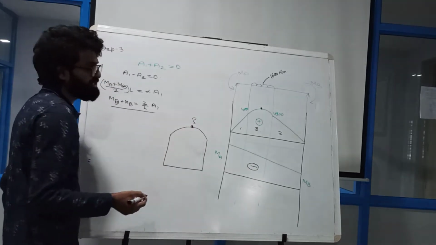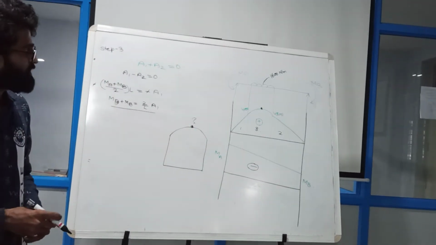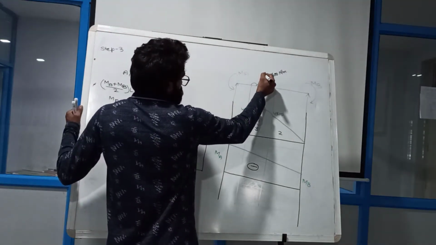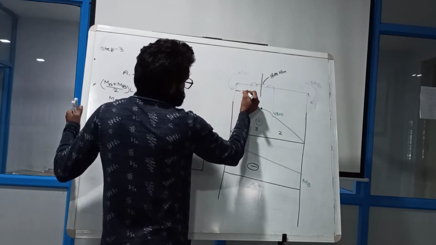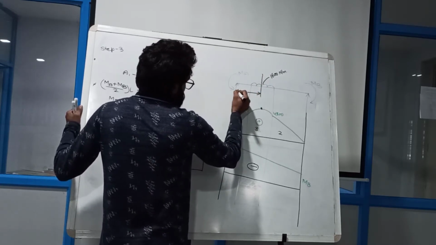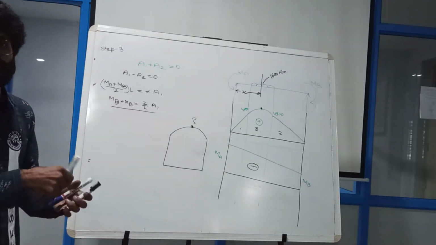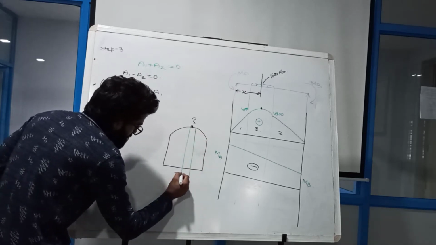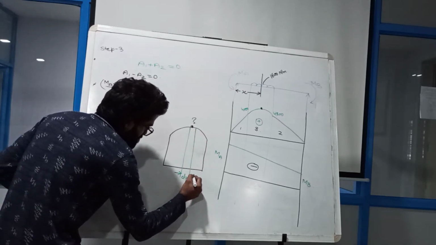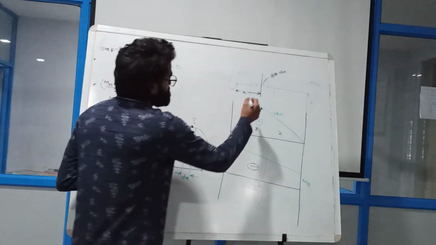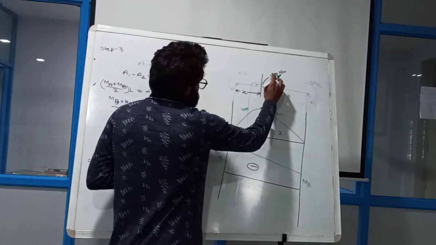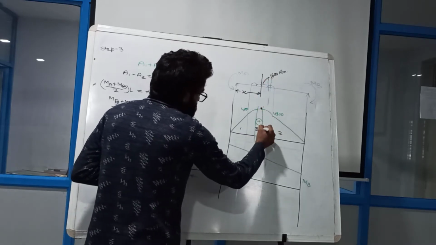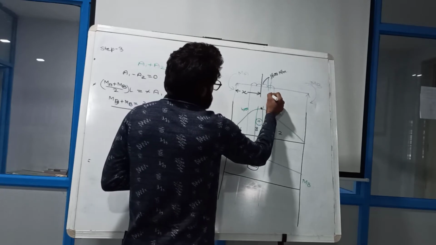So for that what I need to do is calculate the moment. For that I need to make the moment equation. So how will I make the moment equation? I will take some point here, x. That is my moment equation. And I will take one small element, a stirrup, having width dx. So this stirrup having the width dx is somewhere here. So for example, this stirrup is somewhere here, dx.